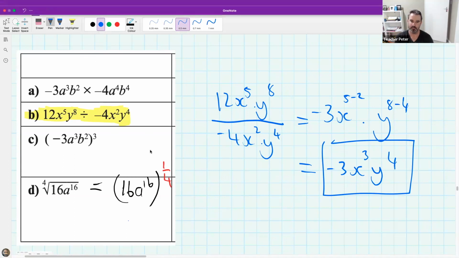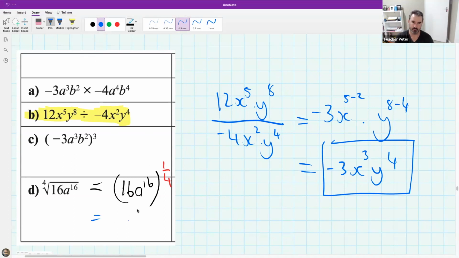I basically distributed the 1 over 4. So I said 16, 1 over 4. Then, A is 16 over 4, meaning that it's 4. Okay, so you've got 16 to the power of a quarter, and then you've got 16 over 1 times 1 over 4. You're quite right. That's going to be